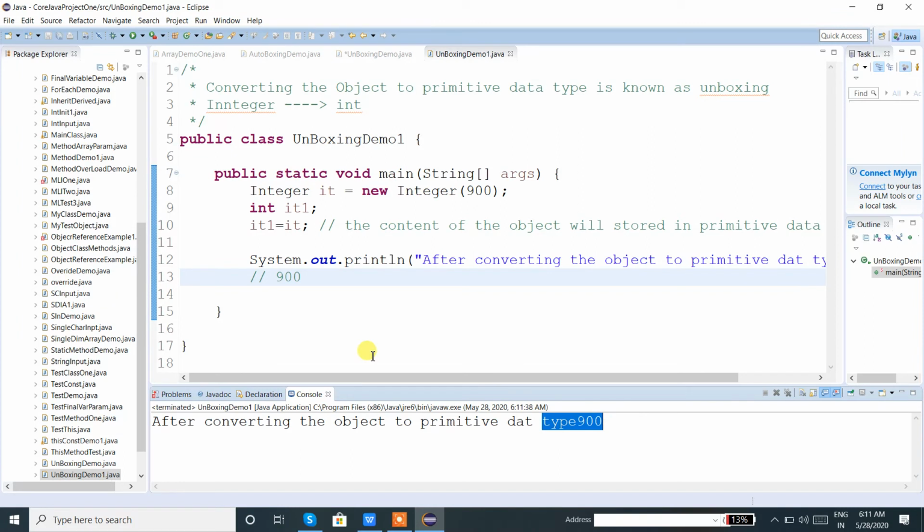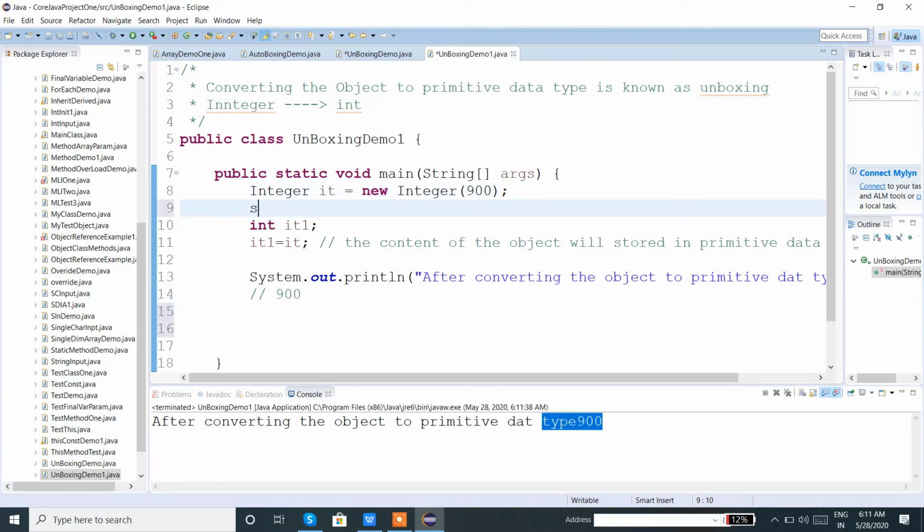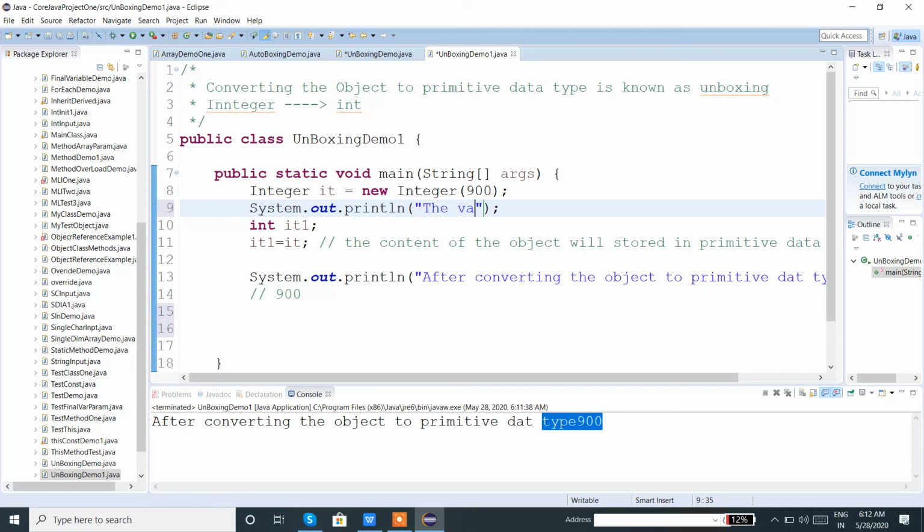One more thing we need to check over here: can we print the object directly? Suppose I want to print the content of it, the value stored in the object.